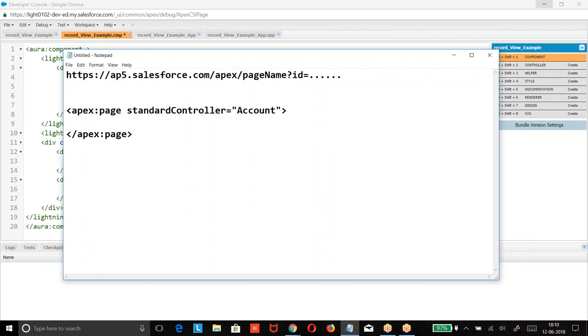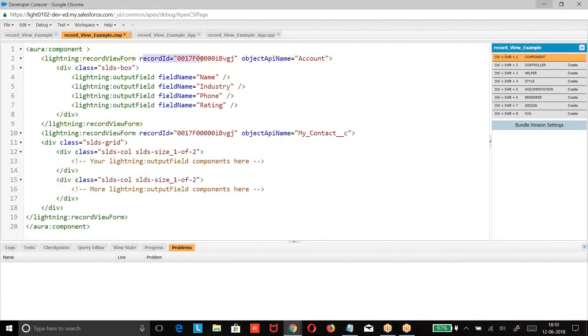When I give it like this, if I want to display the data, whatever ID is coming on the top, the same ID is used. If I don't pass any ID, it will be empty. I can perform actions like save and other things. If you want the data to be displayed, the ID of the record should be given. Is it the same like this? What is that? ID, standard controller. What we are doing here is ID, object API: this object, this record, display the data. From this object with this record data, display it. So here I am giving again the same story.